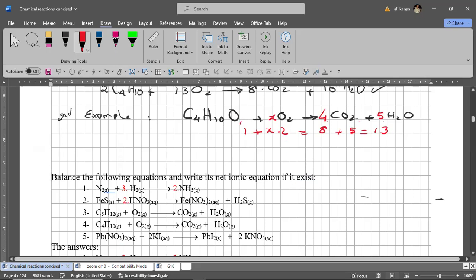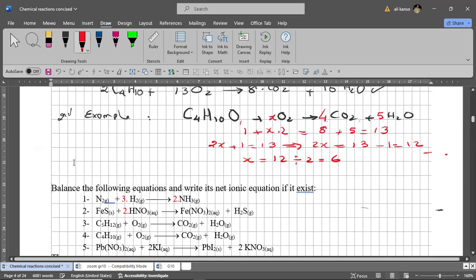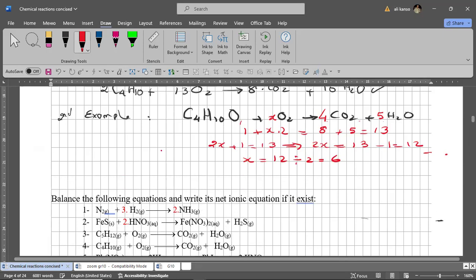2x plus 1 equals 13. Mathematically, we write 2x equals 13 minus 1, which is 12. What will be x now? 12 divided by 2 equals 6. Okay? We don't have a fraction, we rewrite it again. How can we rewrite it? Write finally